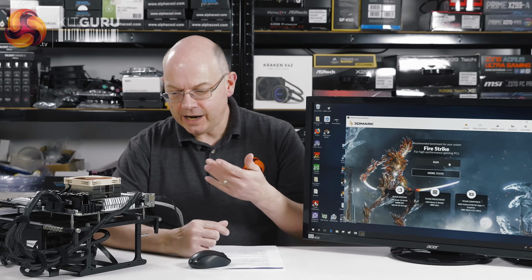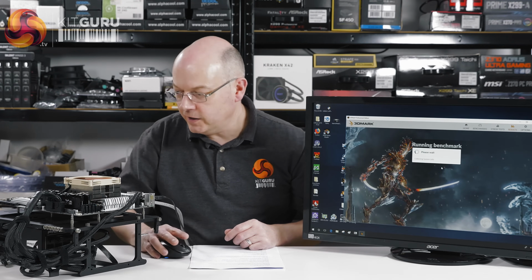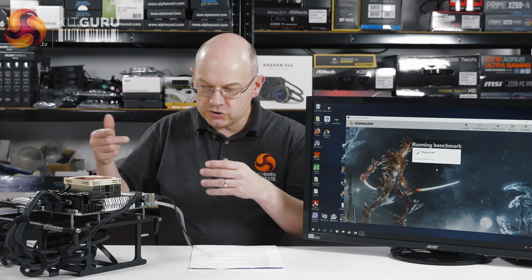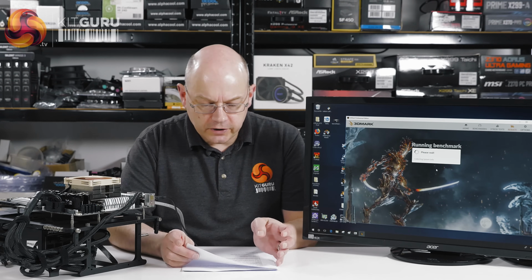And just for the fun of it, now we've got the graphics set correctly, let's run 3DMark Fire Strike just to once again demonstrate that the integrated Vega graphics are actually pretty good in terms of the grunt and the performance that they have. You might wonder why I'm running 3DMark on a Raven Ridge APU on this ATX motherboard,